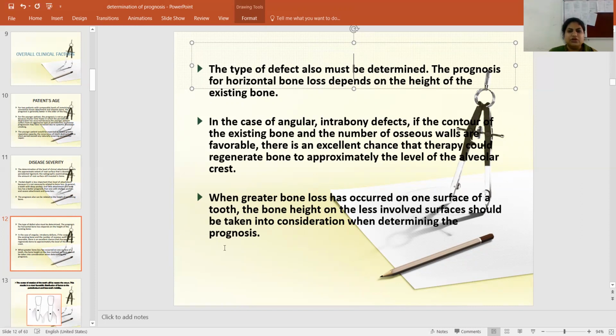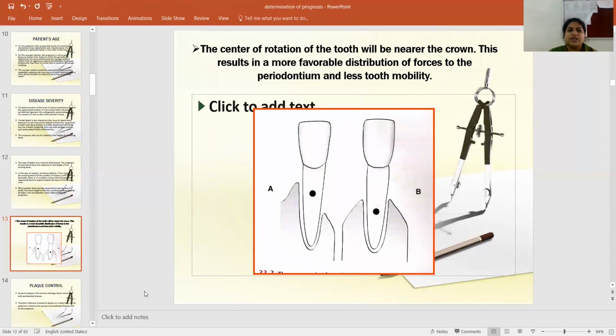You can find out that when the bone loss is more, the prognosis will be unfavorable. But you have also seen the type of defect, like a three wall defect has a better prognosis as compared to a one wall and two wall defect. So two things you have to assess: the horizontal or vertical bone loss, or you can assess the type of the defect. See, here you can see the amount of bone loss in the first case, like for the mesial wall, and the bone loss is more in case of